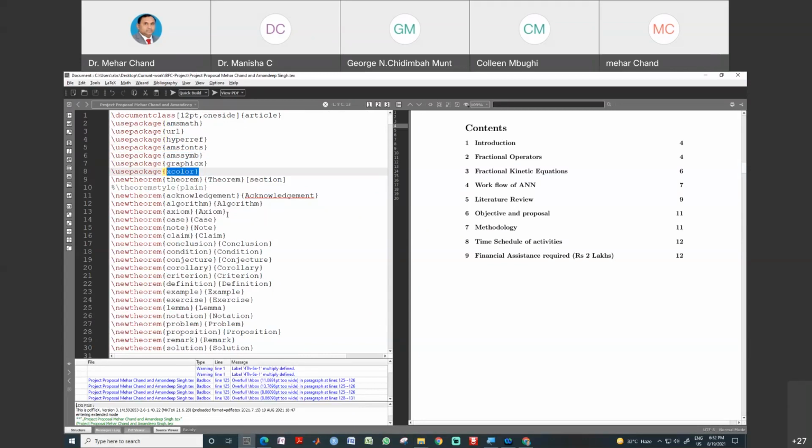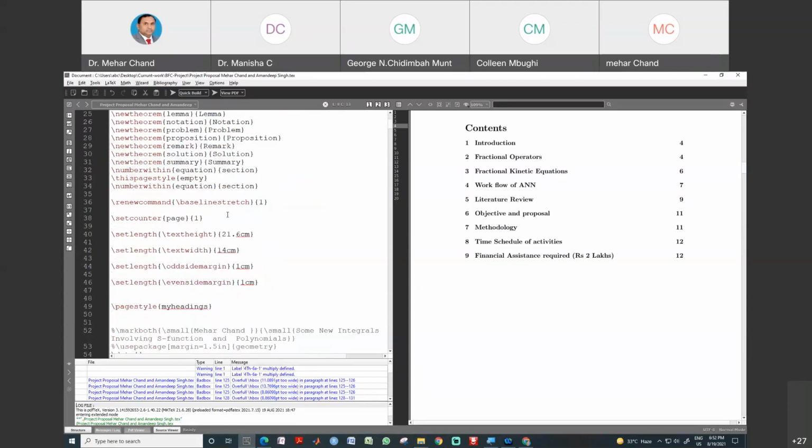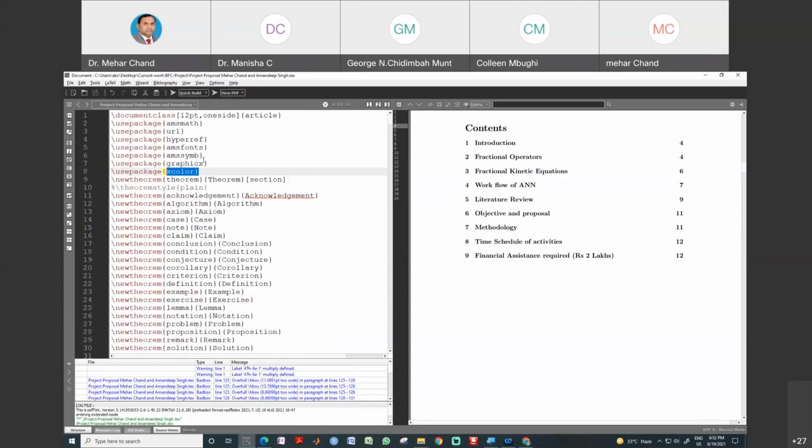All these are available. We need only this one, graphics. By using this package, we can insert all types of graphics, JPG, PNG, and if you have PDF or EPS, all of these can be inserted using only this one.